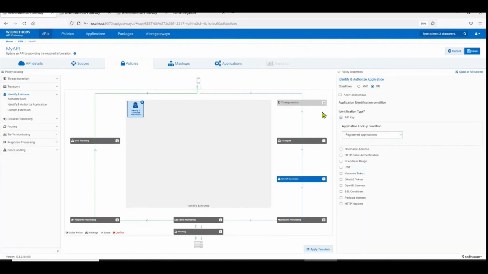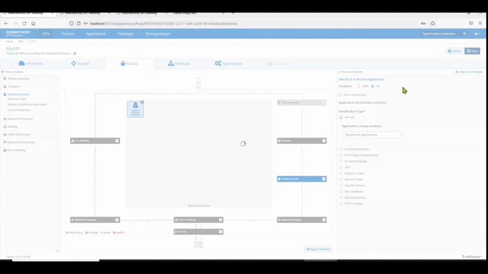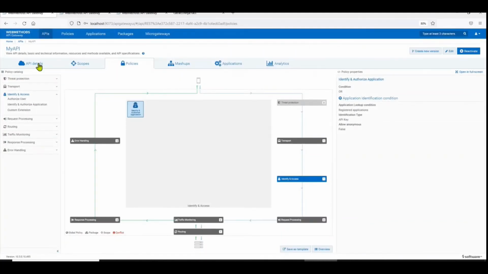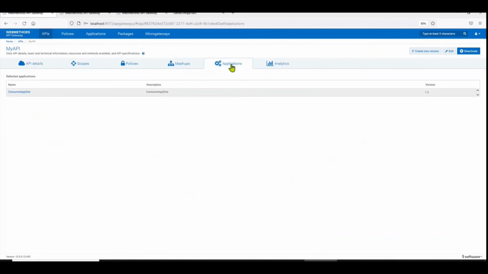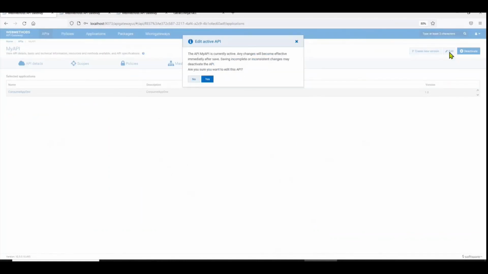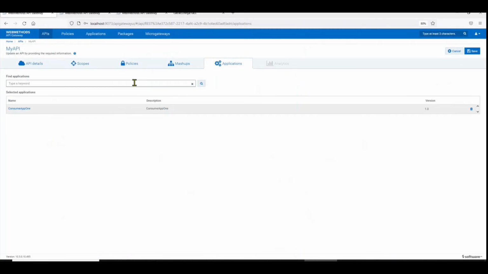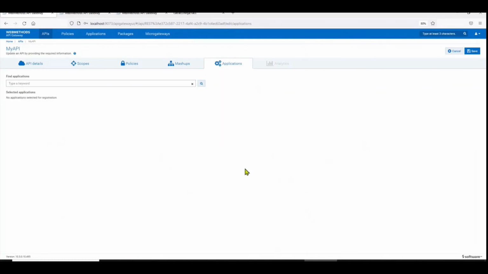Another way to add an application is to add an API to an application. You could go directly to the API, go to applications, edit over here, and say what other application needs access. So here you are saying that you don't want this application to be attached to this API, or you could say that please attach it back.